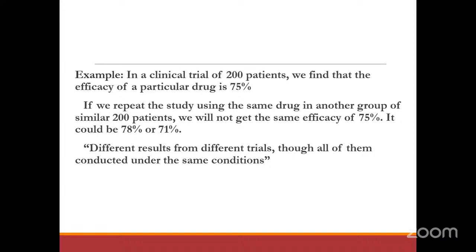Suppose in a clinical trial there are 200 participants, and we find that the efficacy of a particular drug is 75%. If we repeat the study using the same drug in another group of similar 200 patients, we will not have the same efficacy of 75%. It could be less than 75%, it could be greater than 75%. So there are different results in different trials because, maybe in different regions, maybe